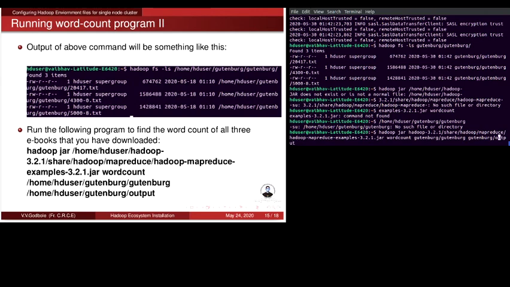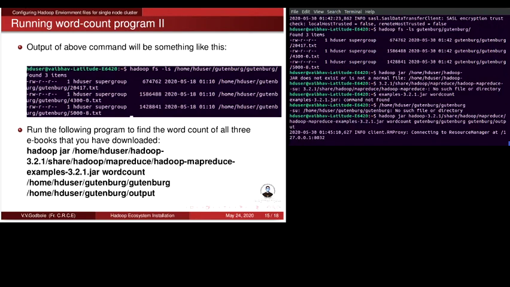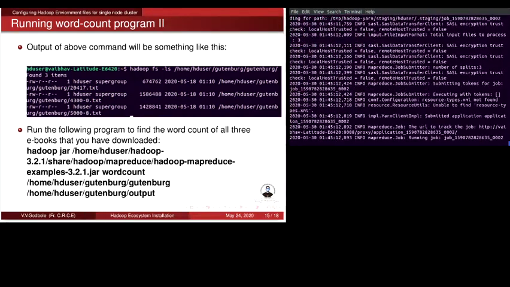You can see I am running a jar file here, and I am giving the input as files from my directory called Gutenberg, and my output directory is nothing but a directory called output which will be created automatically. So let us run this. It has started. MapReduce Java has started.